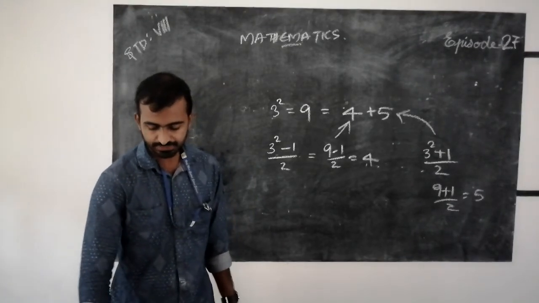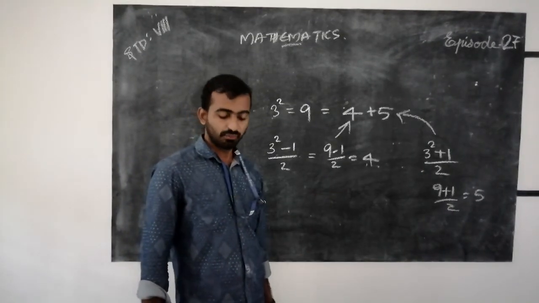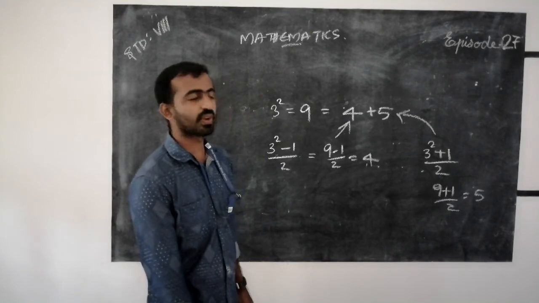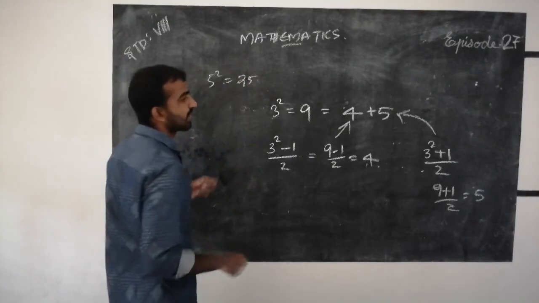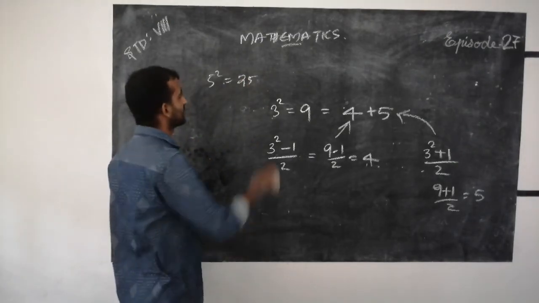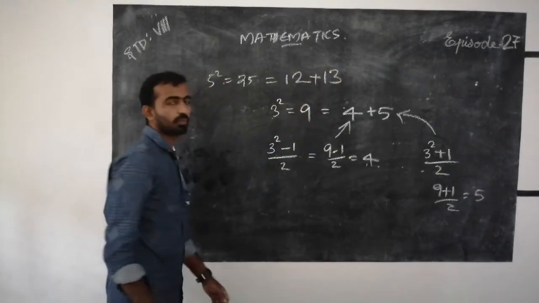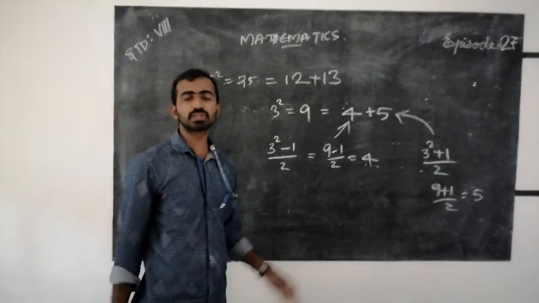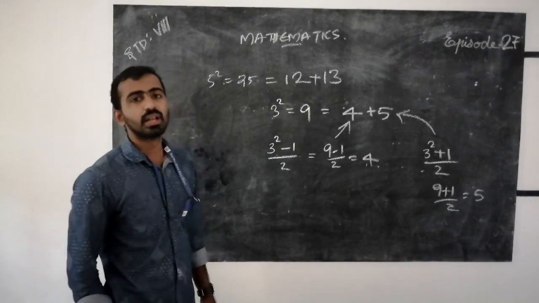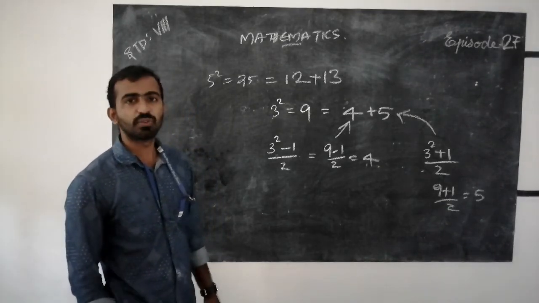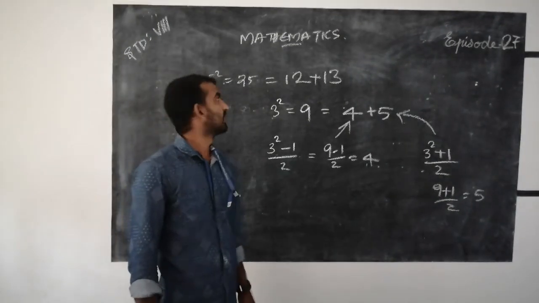And next is our try this. What is our try this? We can follow like this. We can write 4 square or 5 square. What is 5 square? 25. That is 5 square minus 1 by 2, we can write 12 plus 13. That is 5 square minus 1 whole divided by 2. We get 5 square is 25, 25 minus 1 by 2, we get 24 by 2, we get 12.